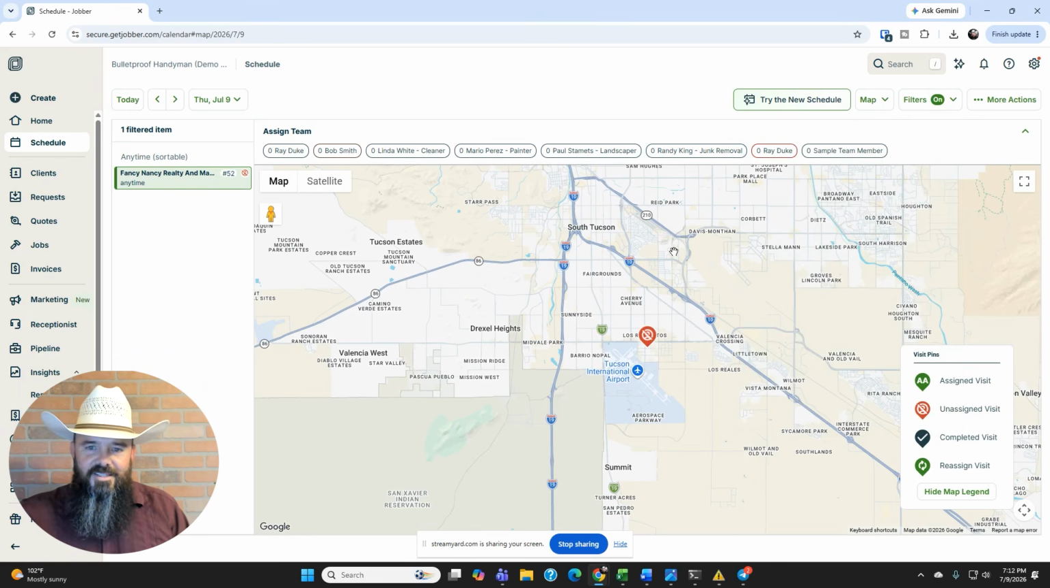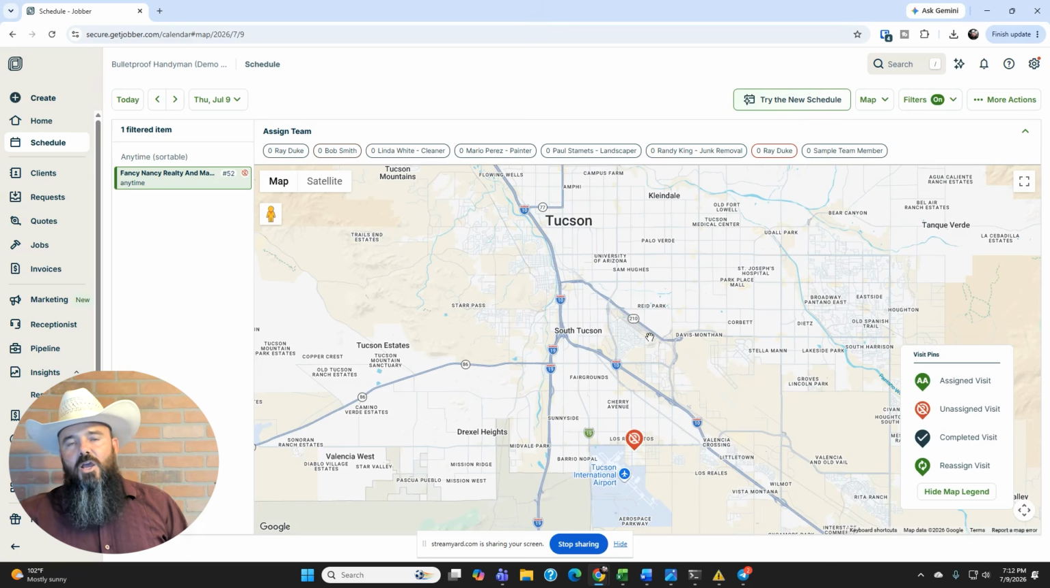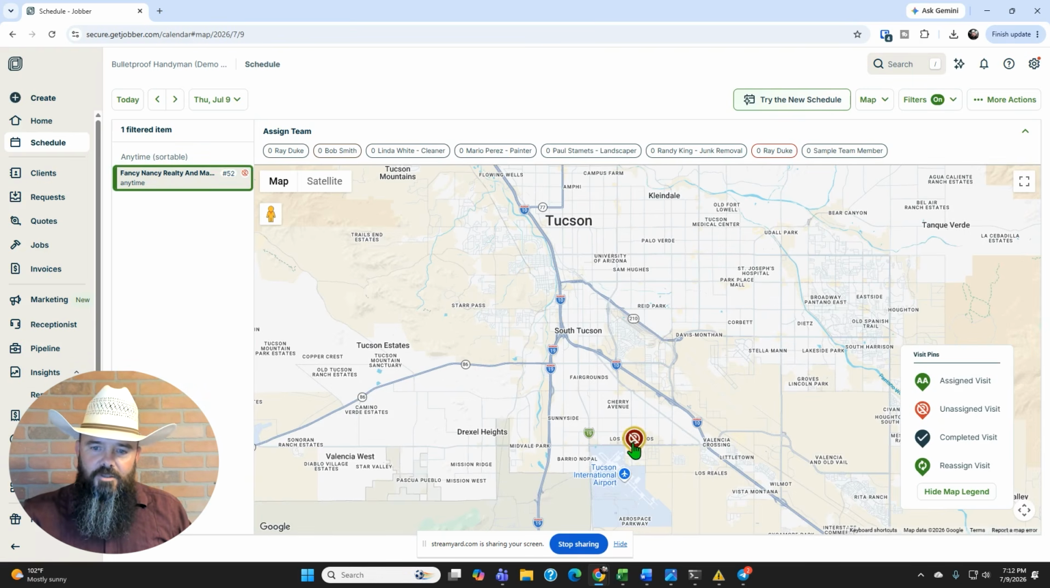But what I want you to see is this map, because what I do is when I create my jobs, I just create the jobs and I click unscheduled. I schedule later. And what's going to happen is those are all going to show up like this little guy right here. They're going to show up on this map. And I'm going to look at this and I'm going to say, oh, look,